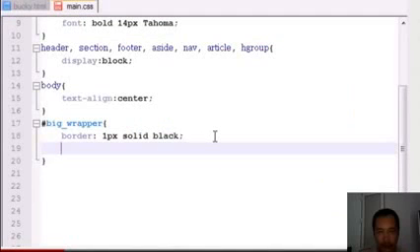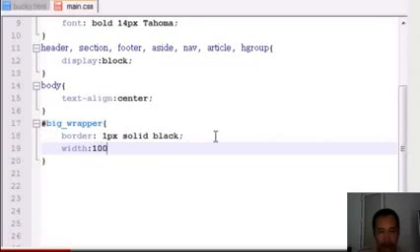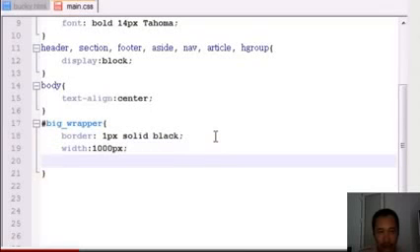So we want our website typically to be somewhere between 950 and 1,000 pixels wide. So I like making mine 1,000 pixels wide all the time, and the reason for this is because whenever we are fixing all the boxes and articles and stuff later on, 1,000 is a nice number to work with mathematically. It's an easy one to remember, and some people use like 960, 980, but that's really hard whenever we're doing